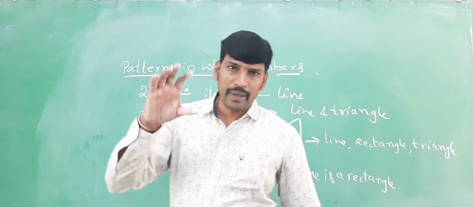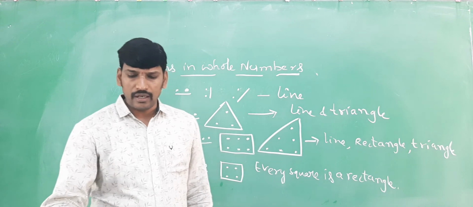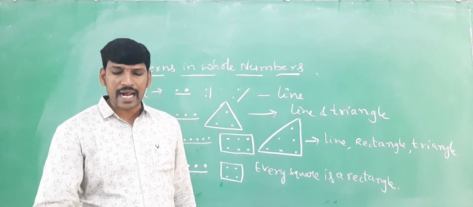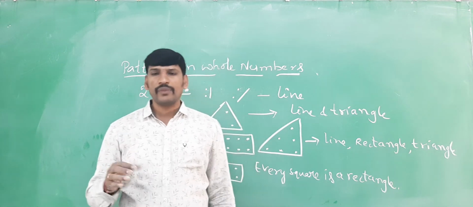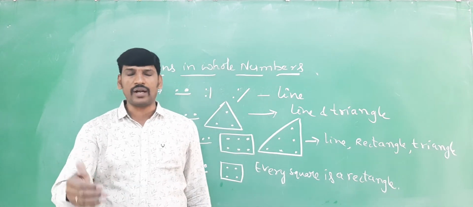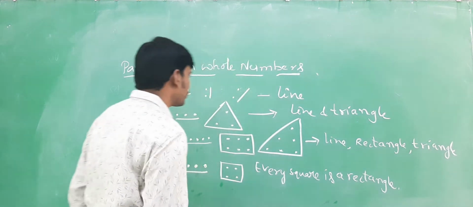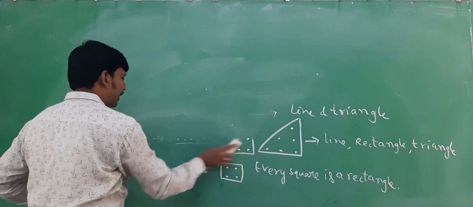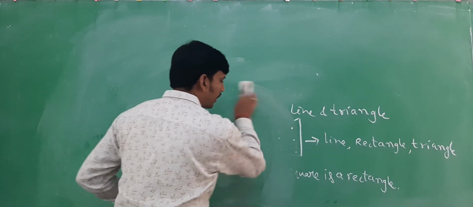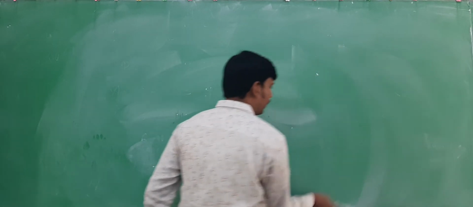Okay children, based on the table there is a 'Try this'. The answers to these Try these questions you will get from the table only. If you finish the table, you will get the answers for these Try these questions. Complete them in your class work. The table you can complete in the textbook itself. Now there are some more patterns that we are going to discuss by using the numbers.